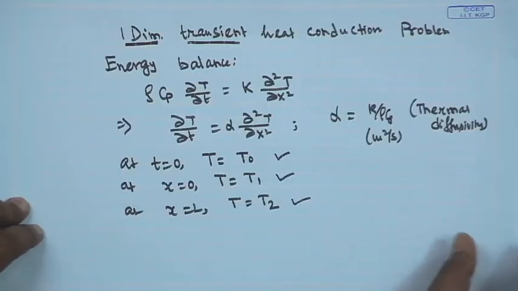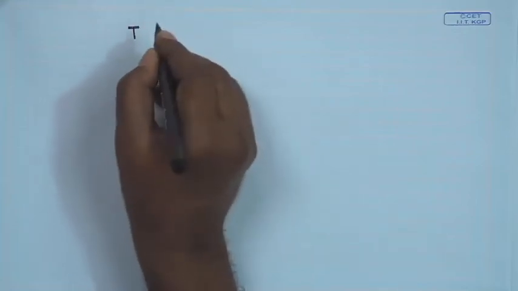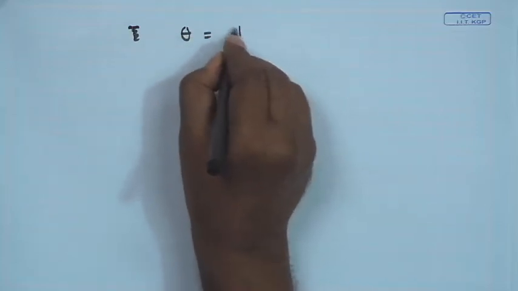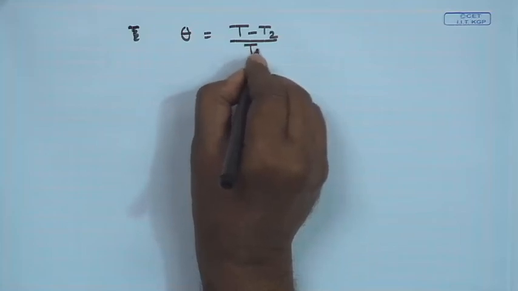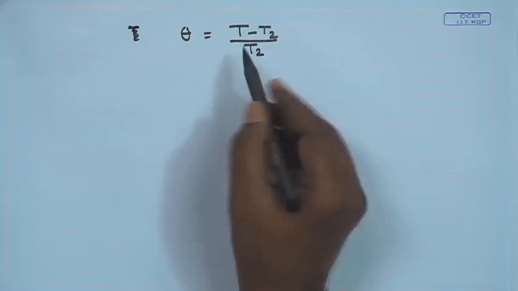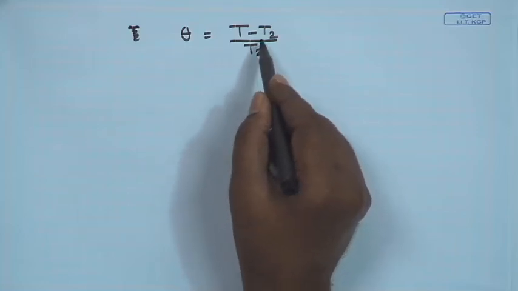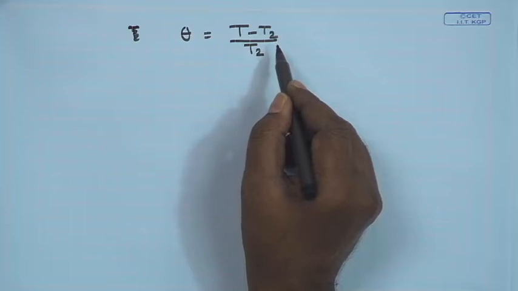So, let us define a non-dimensional temperature first. Let us say theta is equal to T minus T2 divided by T2. You can define anything: theta is equal to T minus T1 divided by T1, or theta is equal to T minus T2 divided by T naught. Okay. But the